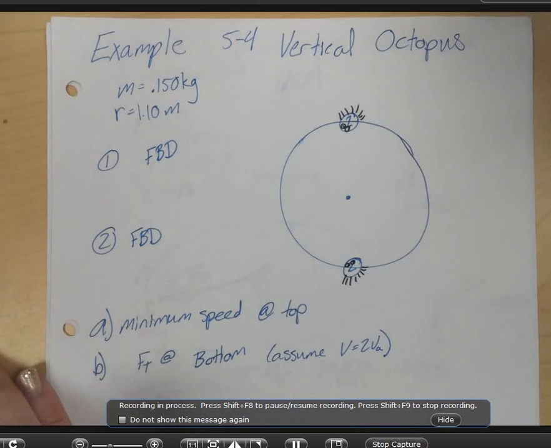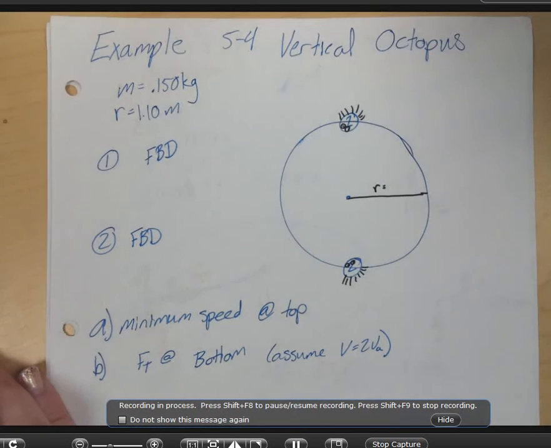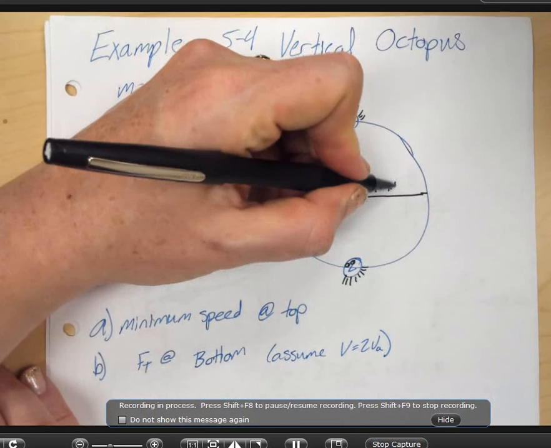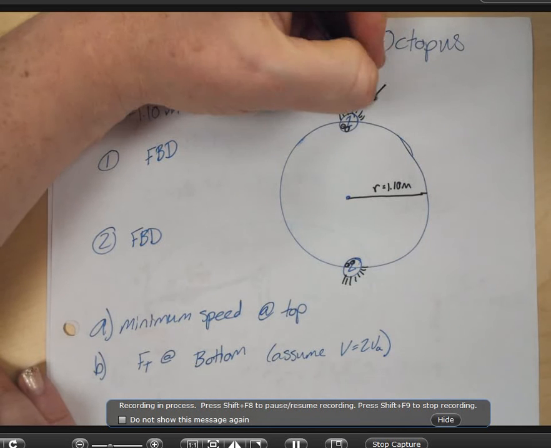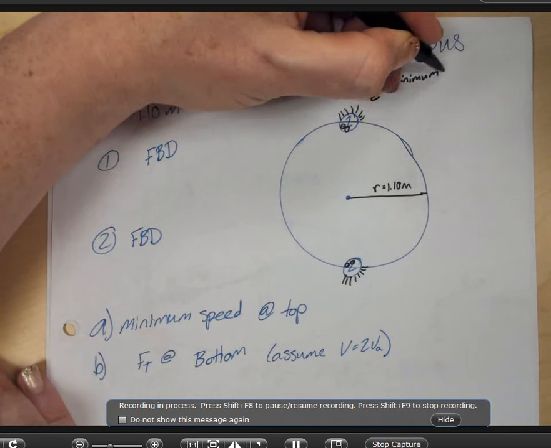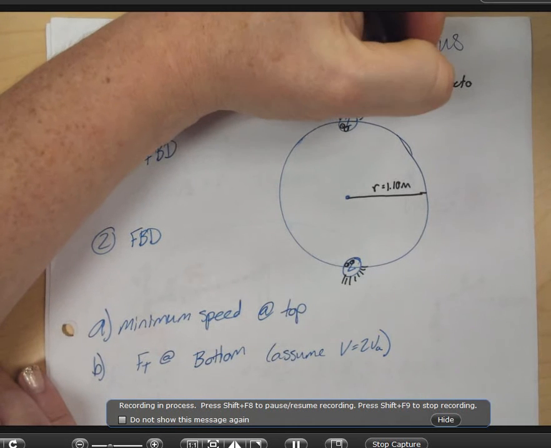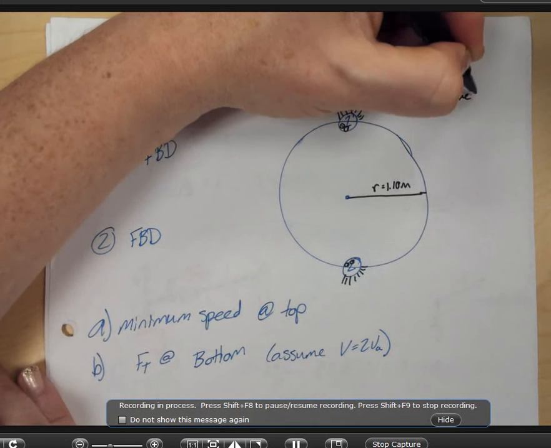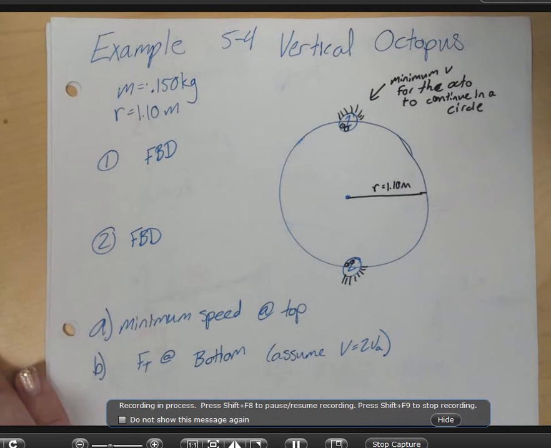Now, we've got for this circle, I'm drawing it over here to get out of the way, a continual radius of 1.10 meters, and the mass of the octopus is a continuous 1.50 kilograms. Now, there's two things that we're going to be solving for. The first is the minimum velocity up here for the octopus to continue in a circle. And we're actually going to be using a free body diagram to take a look at that,